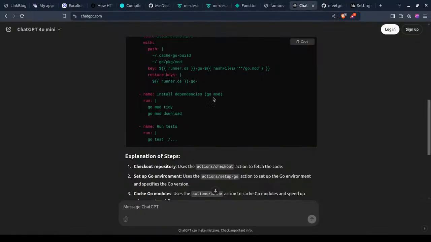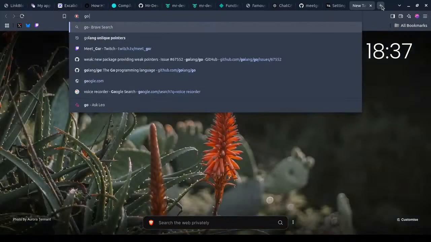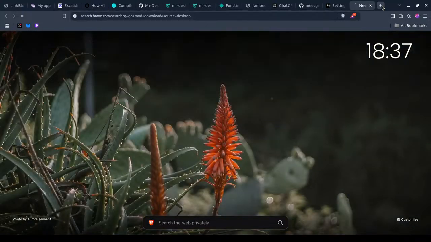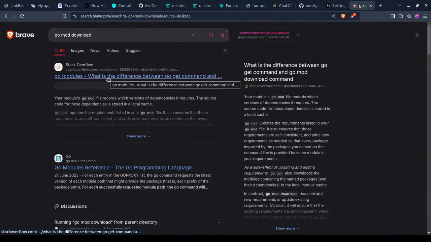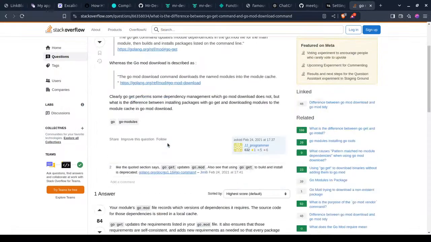Actually, I might do what GPT suggested. That is, install the dependency. So do we have something called go mod download? What is the difference between go mod and